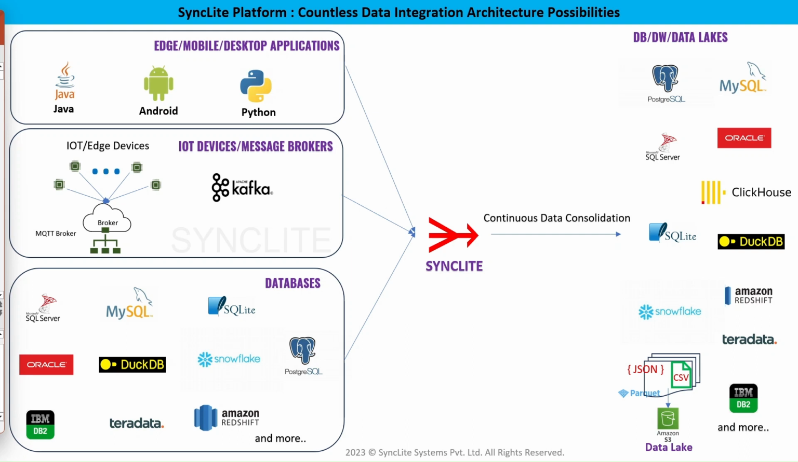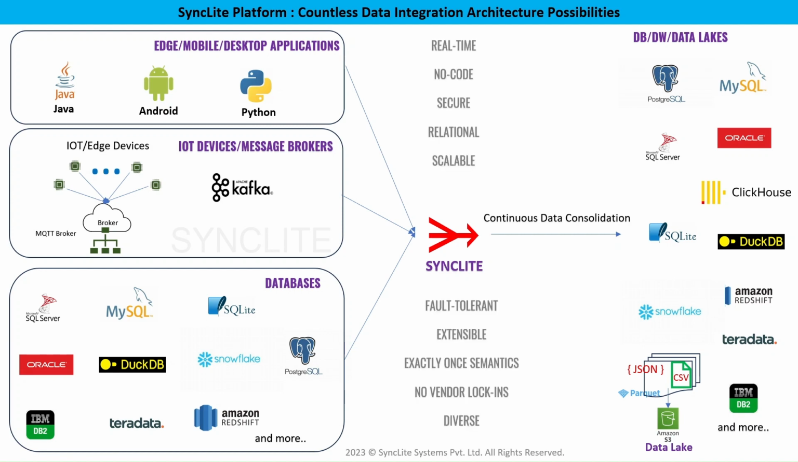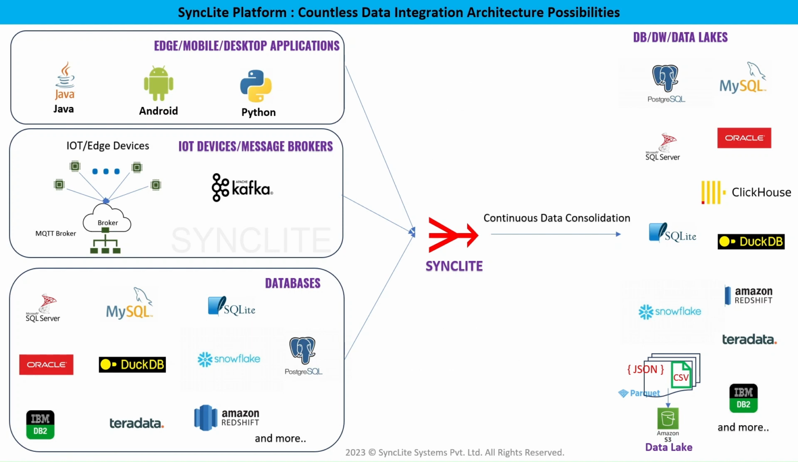During our previous presentations, discussions, and video demonstrations, we showcased the powerful capabilities of the SyncLite data consolidation platform. We illustrated how SyncLite excels at performing real-time data consolidation from a myriad of sources, ranging from edge devices and mobile applications to desktop software, IoT devices, message brokers, and traditional database systems. By seamlessly aggregating data from these diverse sources, SyncLite facilitates integration into a diverse array of databases, data warehouses, and